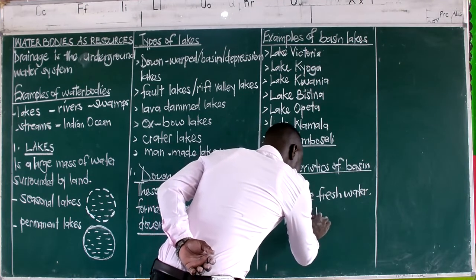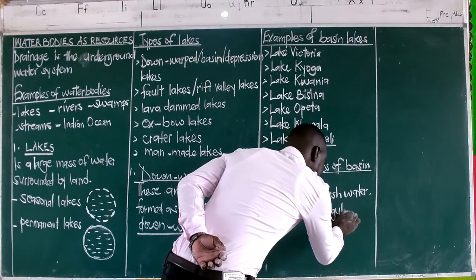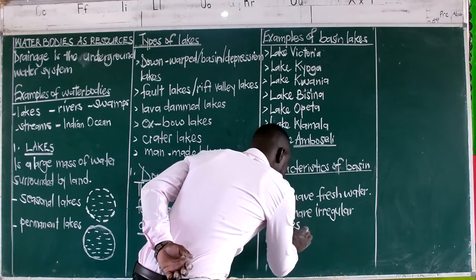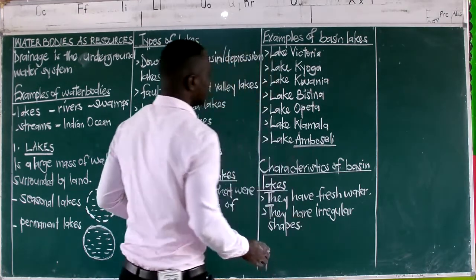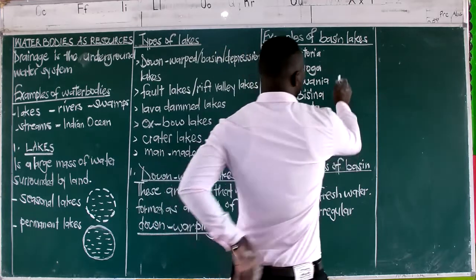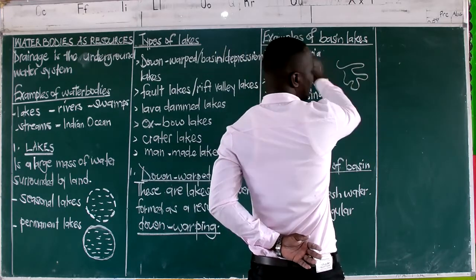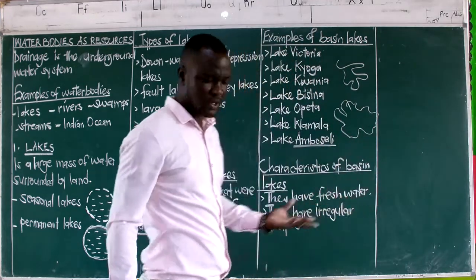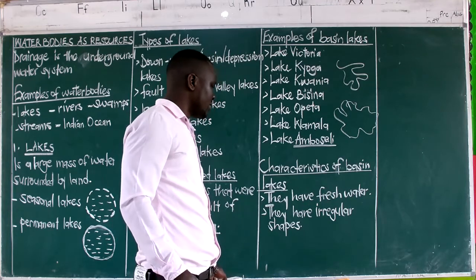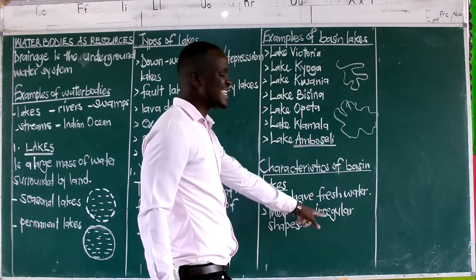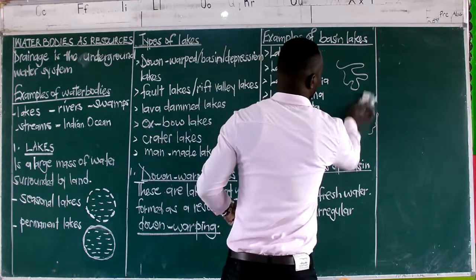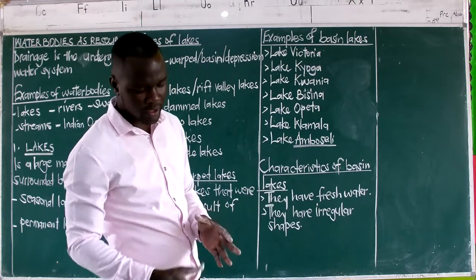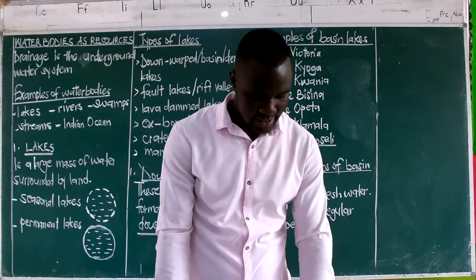They have irregular shapes, meaning they do not have definite shapes. When we look at lakes like Kyoga, you will find a lake having no shape. When you look at Lake Victoria, you will find that these lakes do not have shape. That's what we mean by that. They do not have regular shapes, therefore they have irregular shapes. That is another characteristic. Then, these lakes have both inlets and outlets,